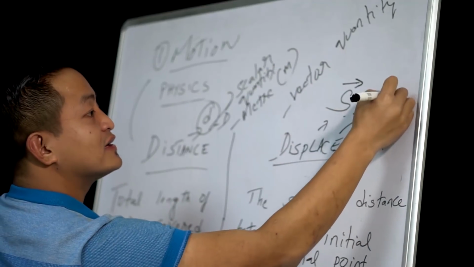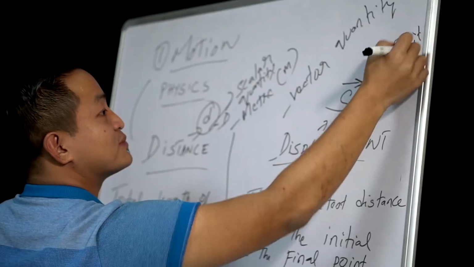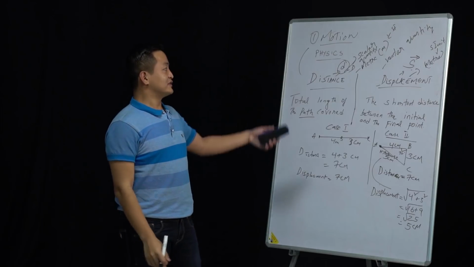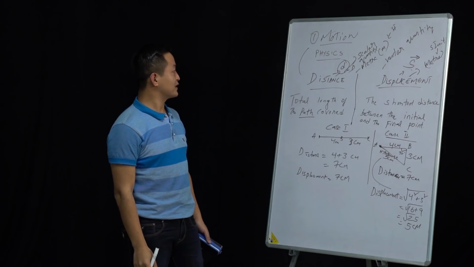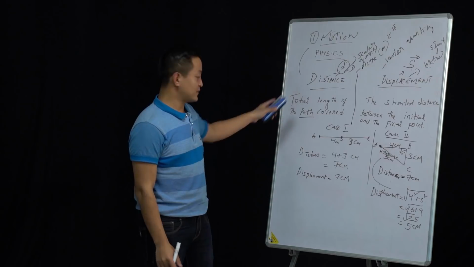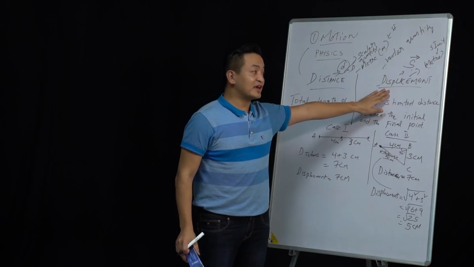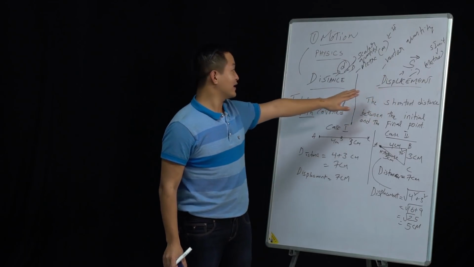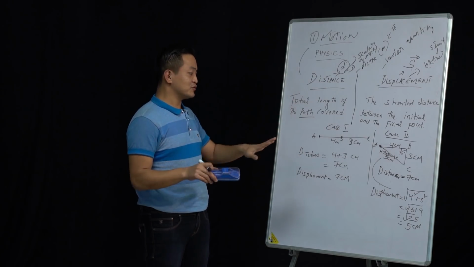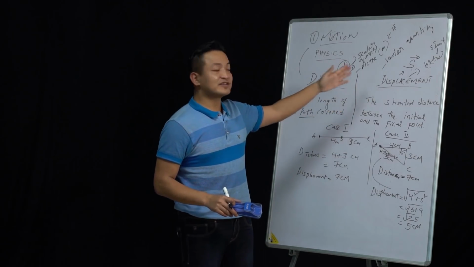And displacement as well, the SI unit would be meter. So this is the SI unit for displacement, the SI unit for distance. So that means they have the same SI unit, that is meter. Clear? Now distance can never be negative. The next important point is distance can never be negative, but displacement can be negative. Why? Because in distance we are just concerned about the total length. So there we don't have to deal with some minus here. But in displacement we have a direction.